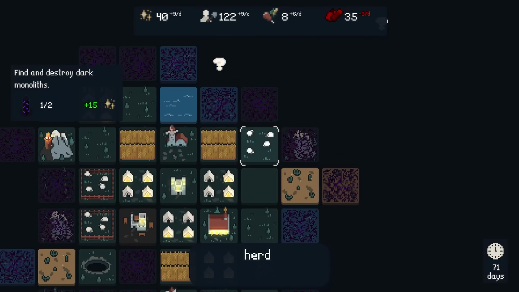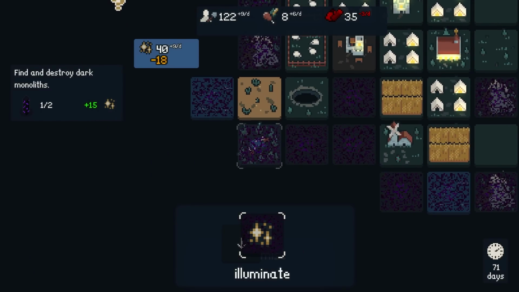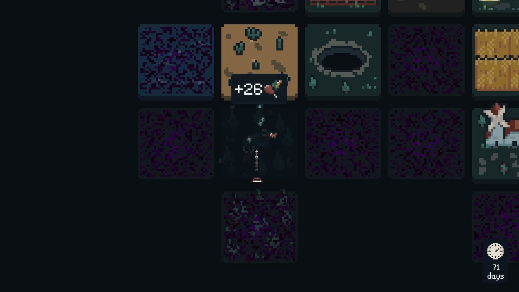Yeah, so it's going to cost us, what, 20 food? Yeah, can we maybe get some deer? Yeah, let's get some deer. I'll hunt the deer manually. Hunt the deer manually. And we'll be able to get...